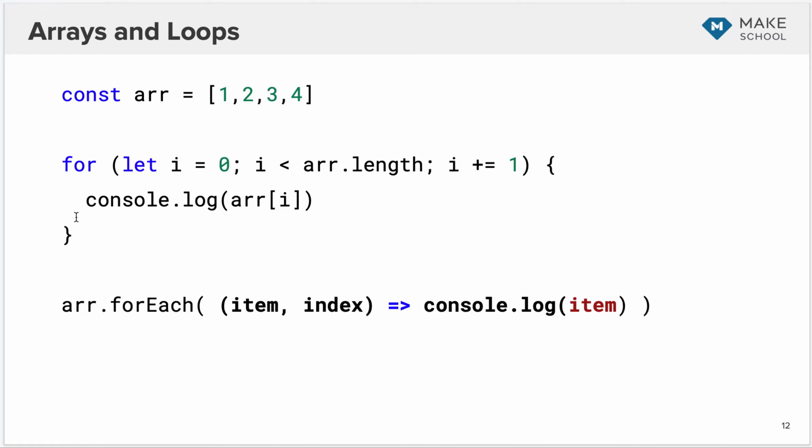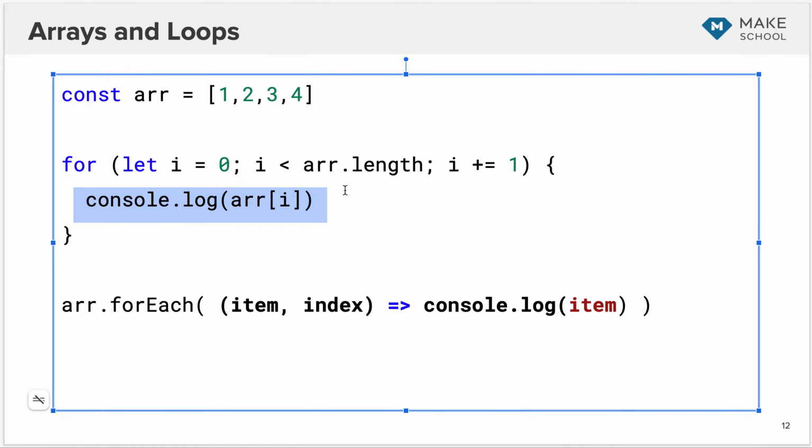Typically in JavaScript, when you have an array, you oftentimes want to loop over that array and do something to each element in the array. So I've written the code for that here. I've got an array at the top with some numbers 1, 2, 3, 4. And then I have a for loop that loops over each item of the array. It starts at index 0, and